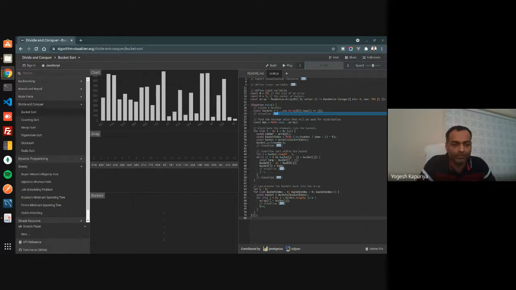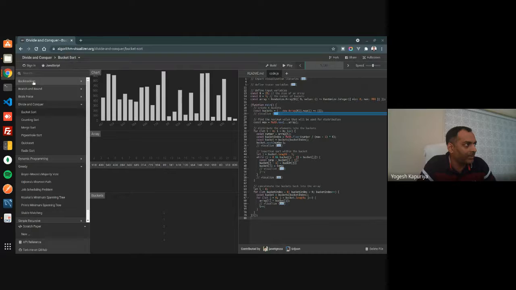Okay, thank you. So before I continue our discussion with the greedy algorithms, let me share this URL, which is called algorithm-visualizer.org. It's a very interesting tool to learn the concept of any algorithm or any problem statement which is being solved using various techniques.